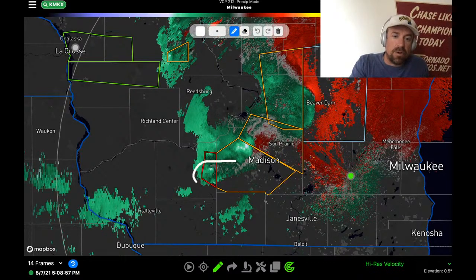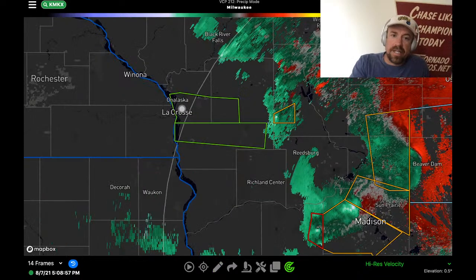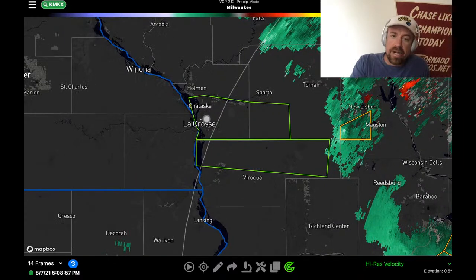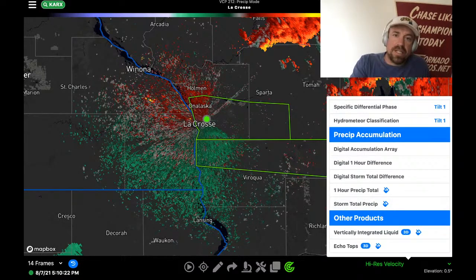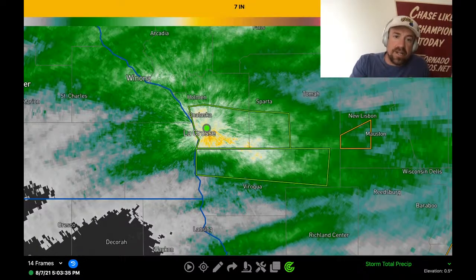all these flash flood warnings up near La Crosse. 3 to 6 inches of rain fell up here in La Crosse. We can even look at some of the rainfall data here as estimated by radar. A lot of roads being made impassable by that flooding. Who knows if there are any debris plugs or anything on the leading edge of it, but looking at storm total precipitation, you can definitely see some of these amounts in excess of 6 inches there in yellow, very close